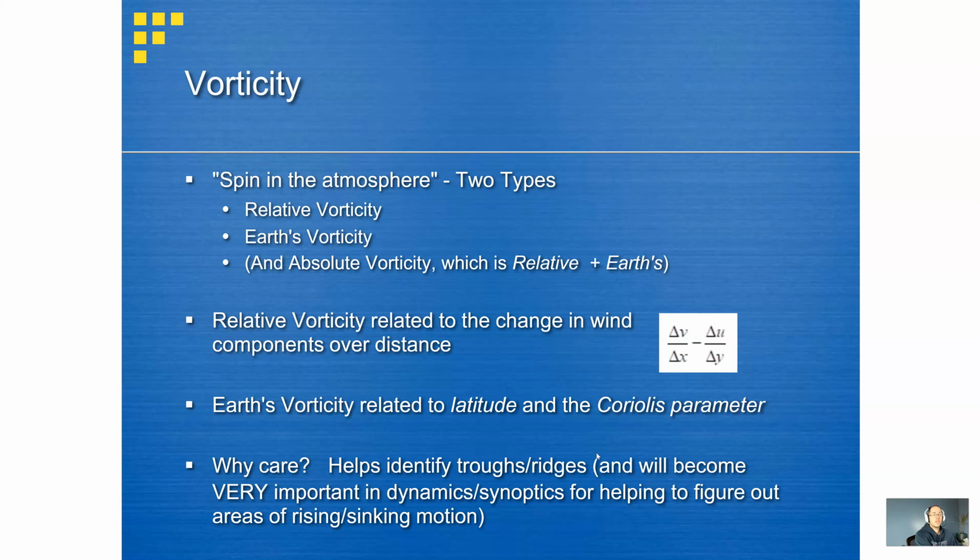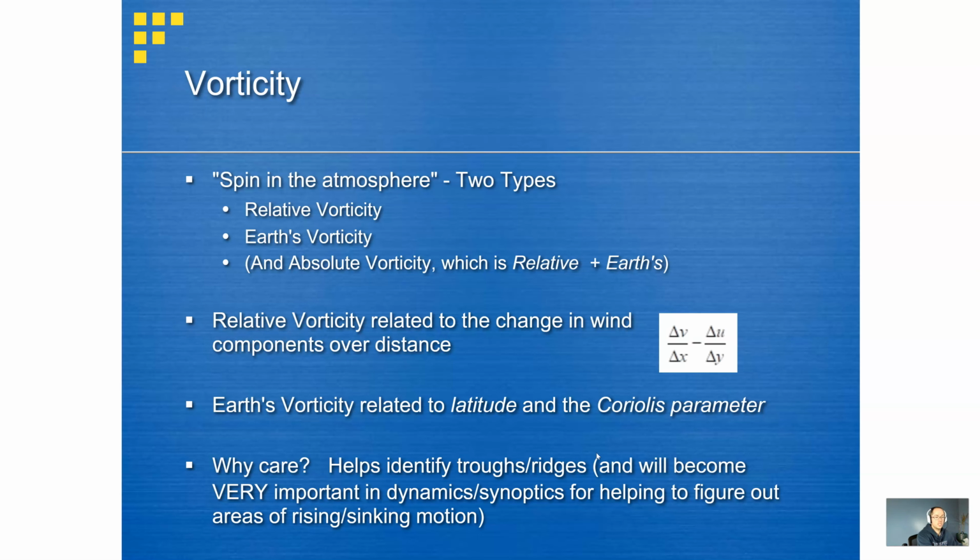Relative vorticity is going to be related to the change in wind components over a given distance. And so we have an equation here, delta V over delta X minus delta U over delta Y. And so if we broke down our wind into U and V components, and we looked at both distances on a grid in the X and Y direction, we would be able to plug and chug some values in here for all the deltas. Again, delta signifying a change over a given time or distance. And here we're simply going to do the calculation to determine what your relative vorticity is. And so if we have large changes in wind over a small distance in certain ways, we're going to have higher values of relative vorticity.